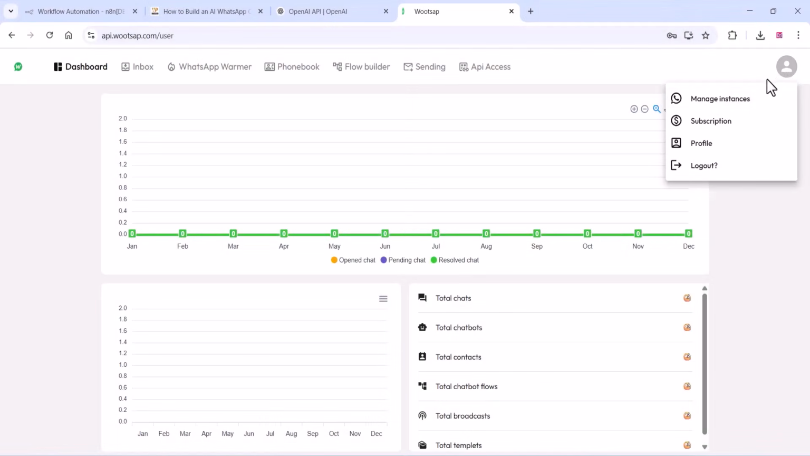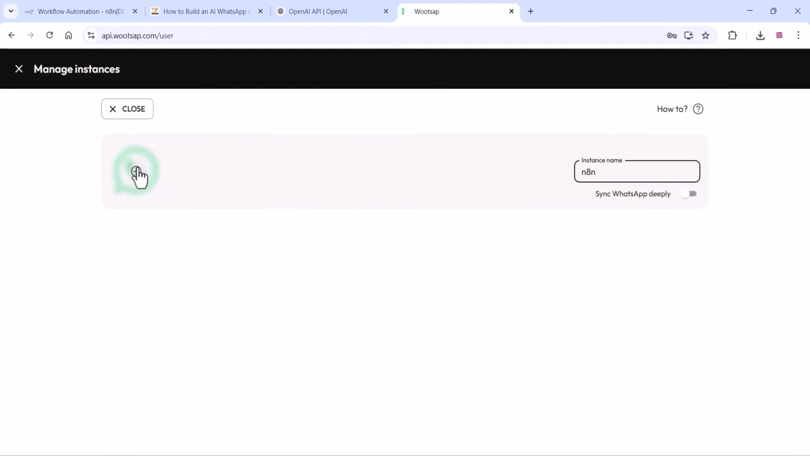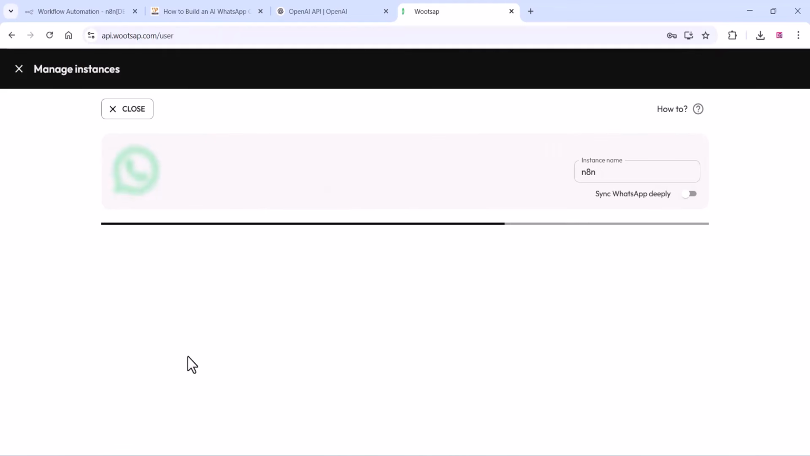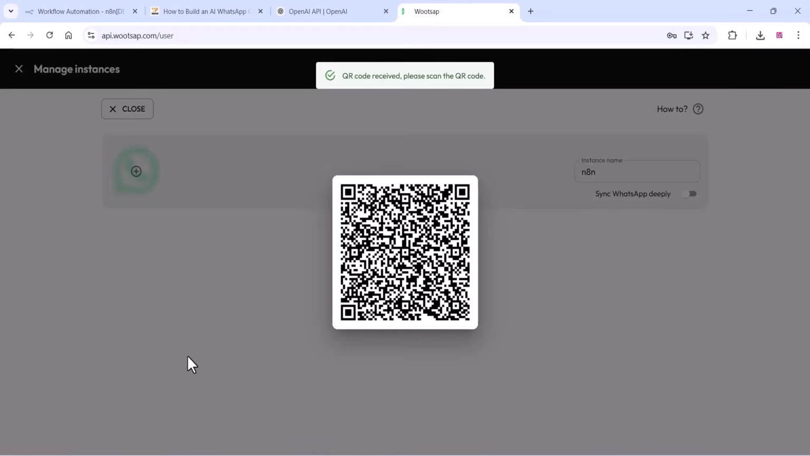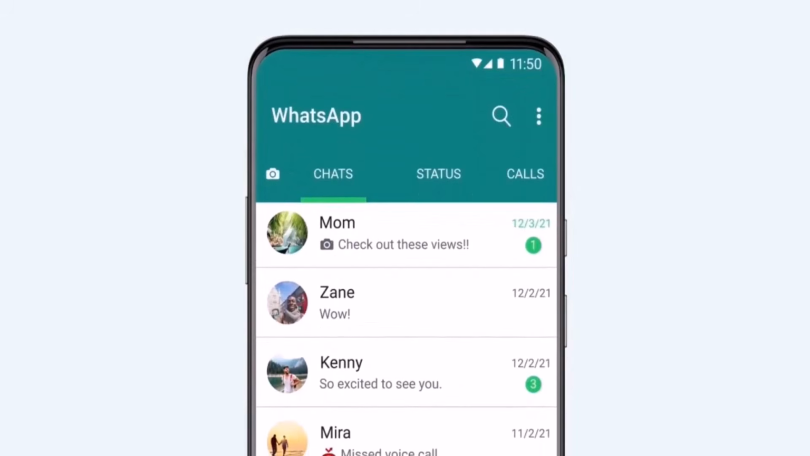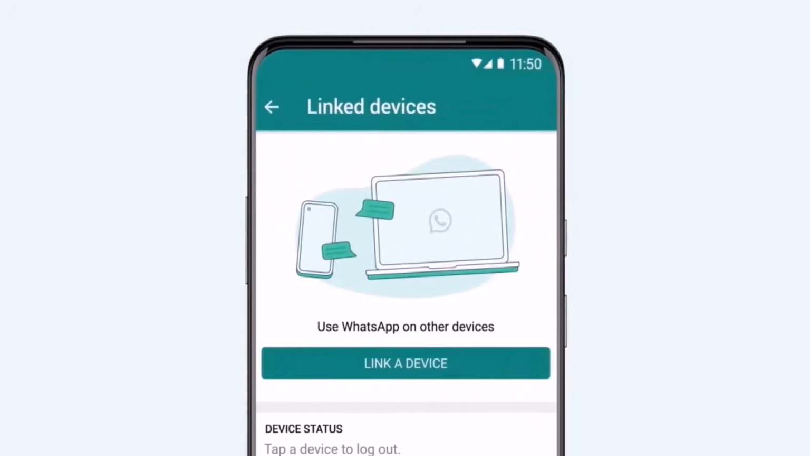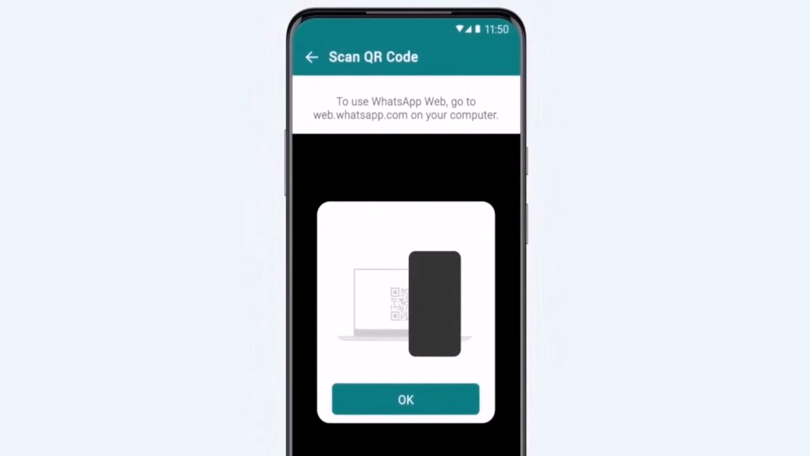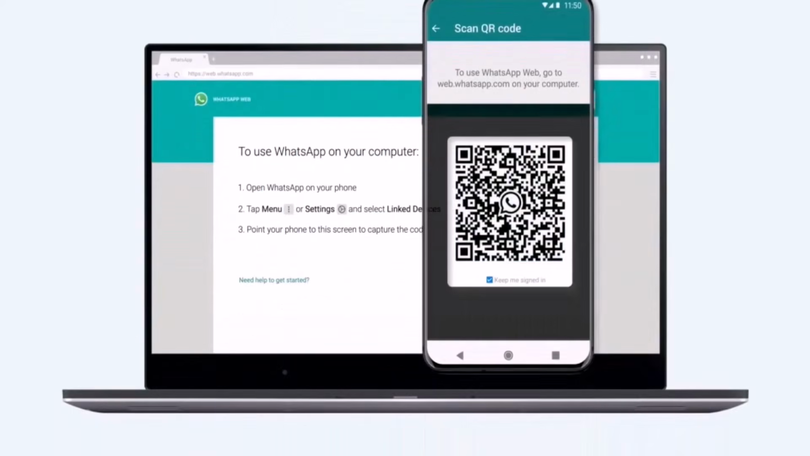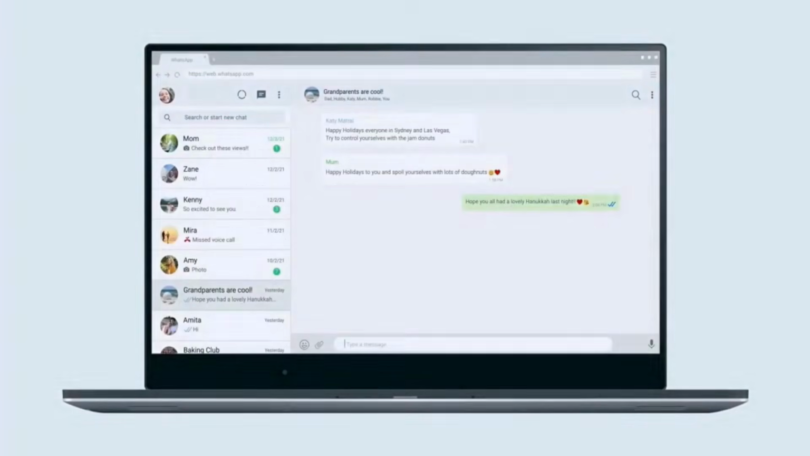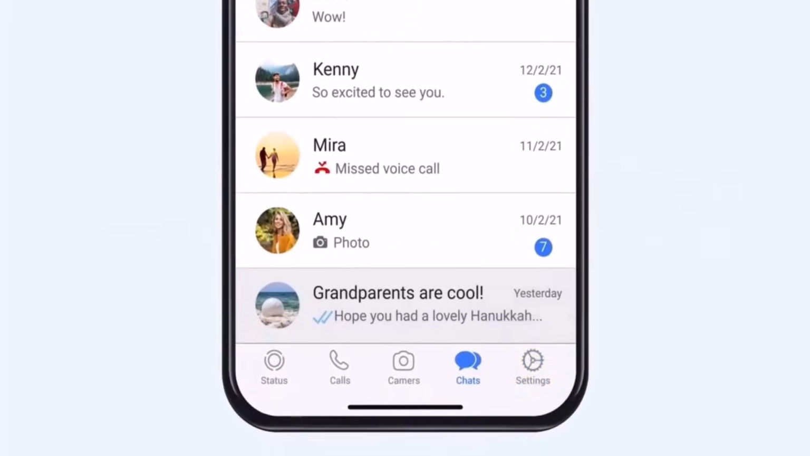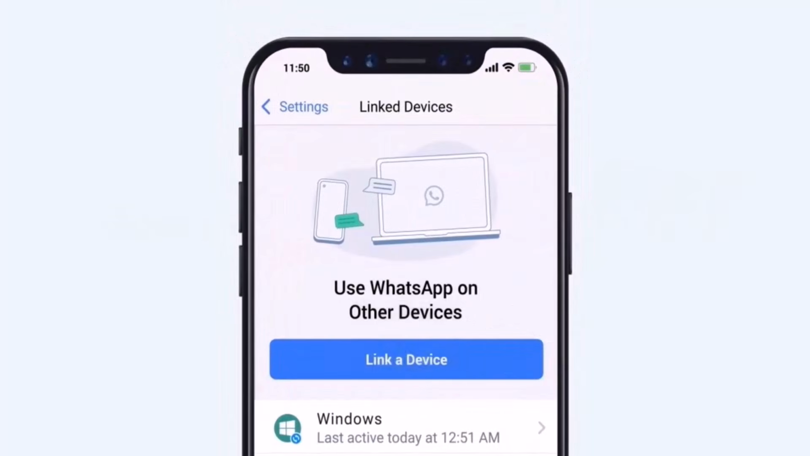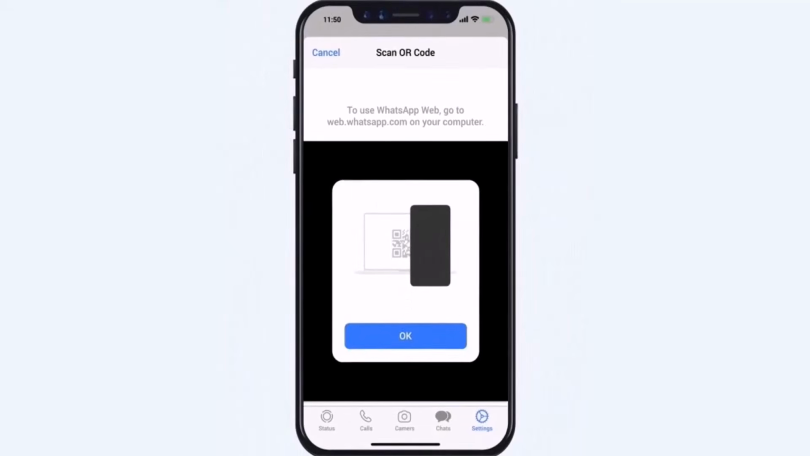and click on manage instances section, add instances. You can give an instance name and you can connect your WhatsApp number to this website api.whatsapp.com, and you can just add iPhone also like this. Once you connected that, you can connect to your iPhone like this. Okay guys, after that